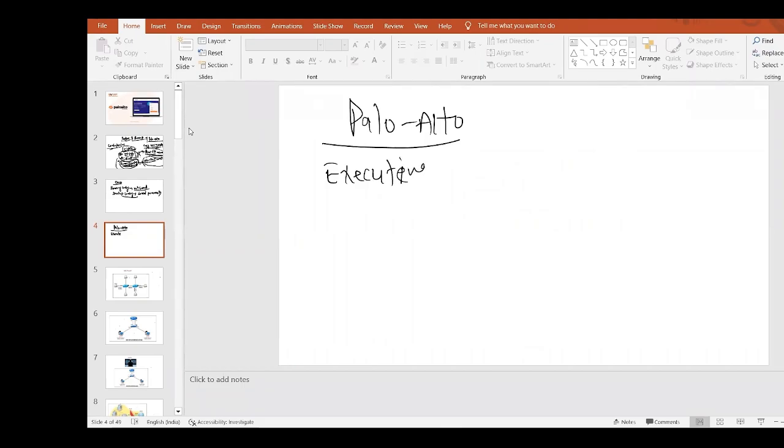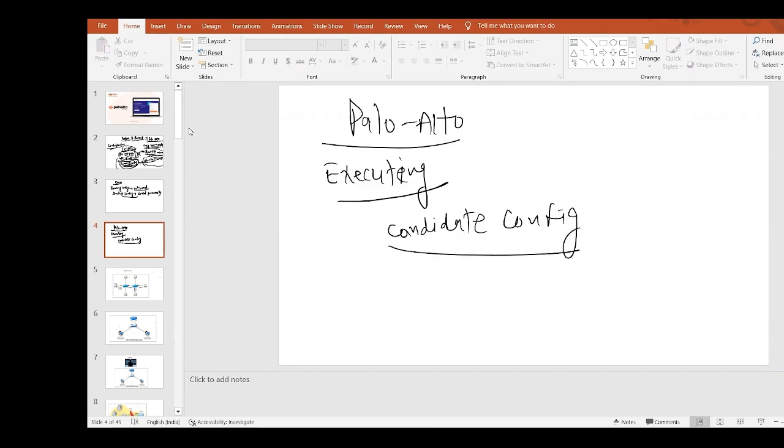whatever command I'm executing, what happens? Those things actually go to the candidate config, right? I explained it previously, right? Candidate config. But that is also not functional. What do we need to do? We need to commit it, right? For saving the configuration, we need to commit it. So once we commit it,